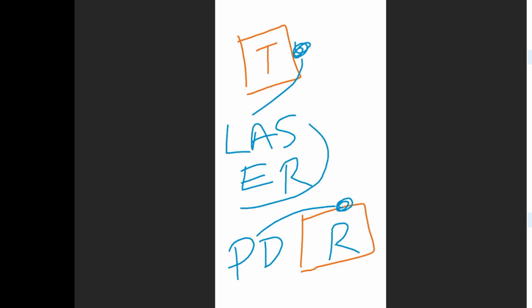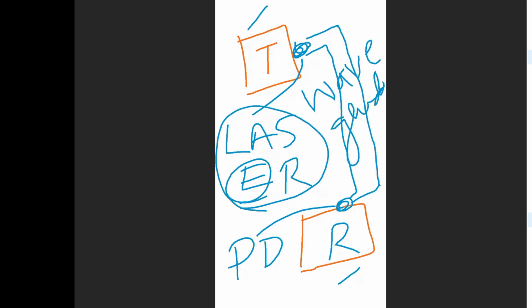And now, between this transmitter and receiver, apart from the laser and the photodiode in optical fiber integrated circuits, people have started using this optical waveguide. So this is some kind of waveguide. All those who have attended this seminar, I think they would have seen that many people have given a demo on the optical waveguide through OptiSystem or other software, if you remember. So the optical fiber was replaced by this optical waveguide.